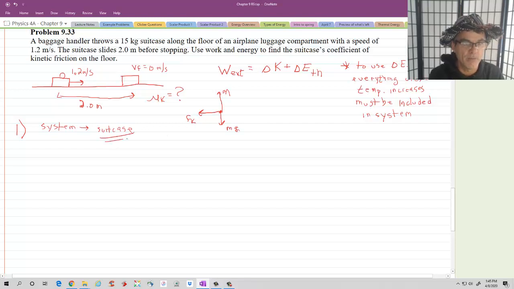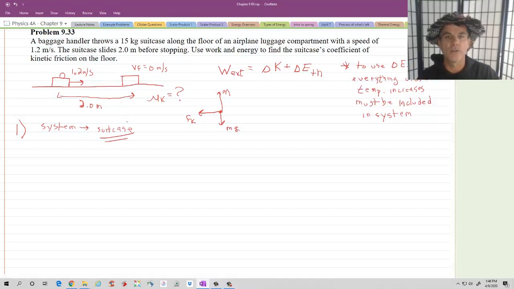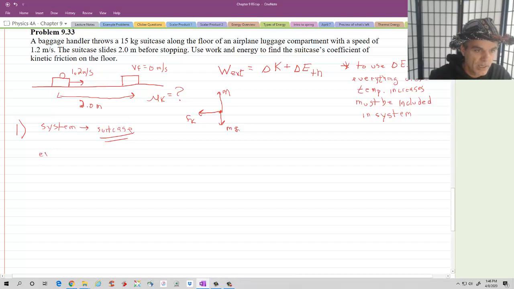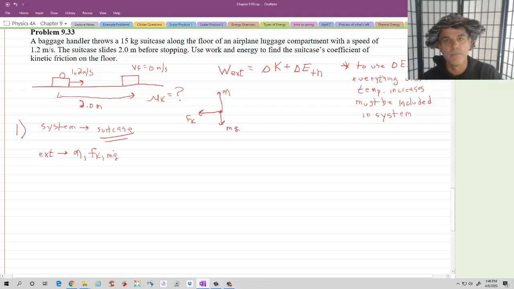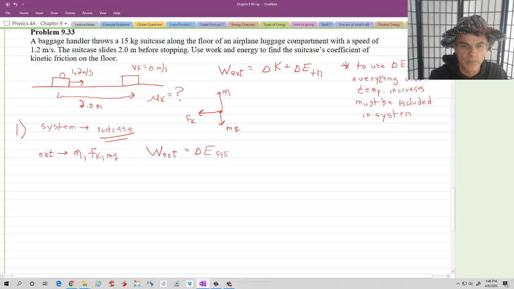Now, if I define my suitcase as the system, the normal force is an external force, gravity is an external force, kinetic friction is an external force, which means my external forces are all the forces. I've got the normal force, I've got kinetic friction, and I've got gravity. So when I do the work done by external forces equals the change in energy of the system,